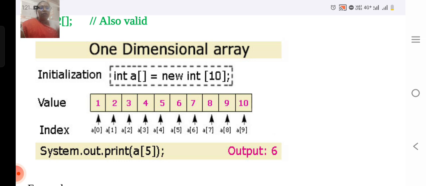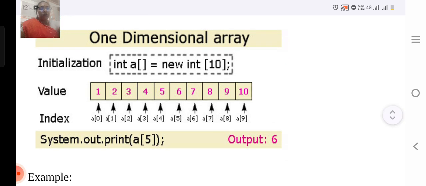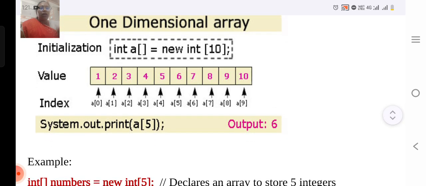This one is a dynamic declaration, and previously we mentioned static declaration. For initialization, int a equal to new int of 10, so it is a dynamic initialization. The values are 1 to 10. The 1 represents the index position a of 0, up to the index position a of 9. So the index positions are from 0 to 9 in this array, and the length of the array is 10. Here we print System.out.print a of 5. The a of 5 means the index position 5, which is 6. So the output